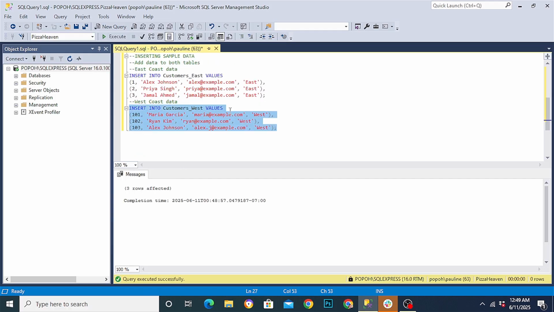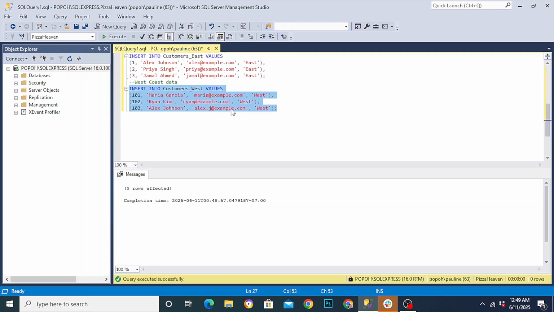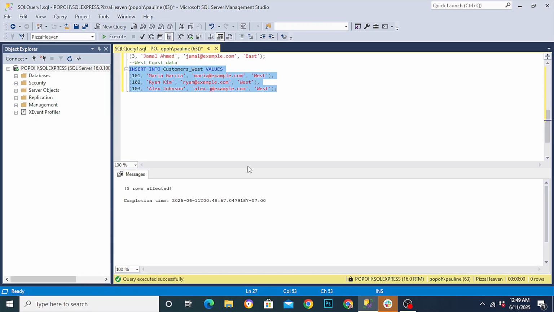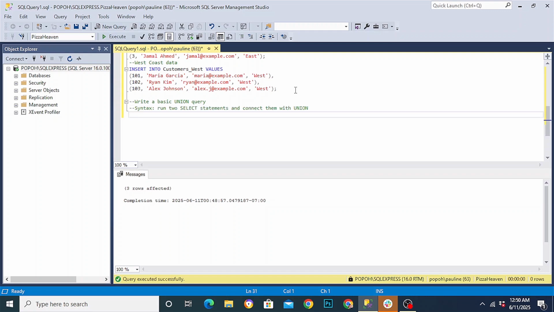So on to our next segment, I want us to write a basic union query. The syntax is simple. Just run 2 select statements and connect them with union. So first, this is our syntax. We have select the customer ID, then the name column, the email column, and finally the region column from the